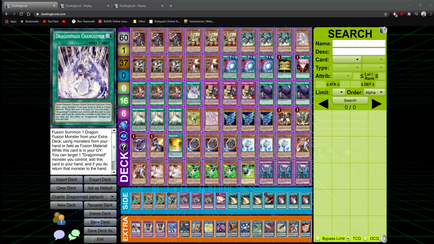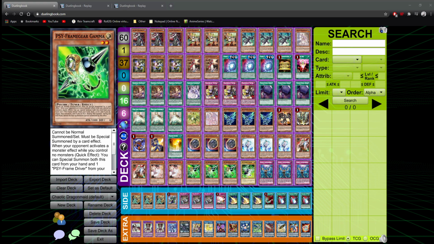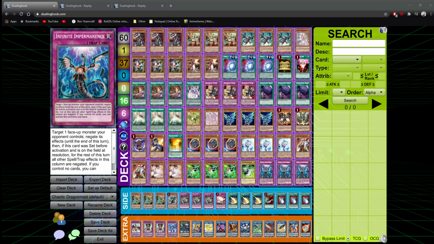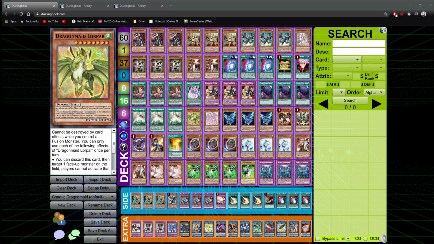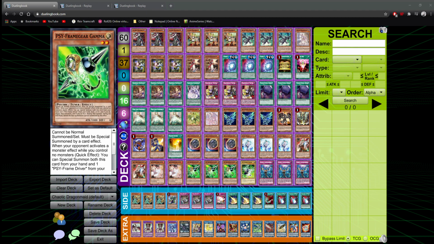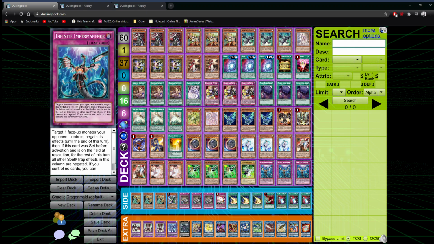Aside from that Sky Striker matchup, let's say Gamma is the card that you fear your opponent has, they top deck the Gamma, it's the same principle, right? Wait till your opponent commits to their main monster zone, and then you True King. Gamma does absolutely nothing to stop you. And then when you start popping monsters to free up their board and the Gamma is live, Gamma is facing down a True King, a House Dragonmaid, and a Dragonmaid Lorepar all in attack mode ready to kill him. 3,000, 2,700, 3,000, that's game. So these cards don't really stop you. The only card that can stop you is